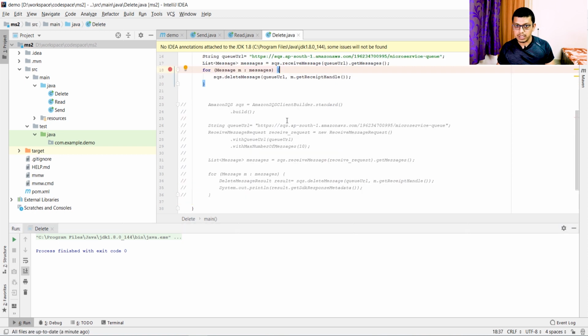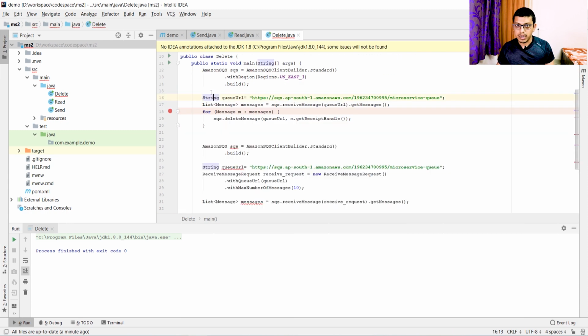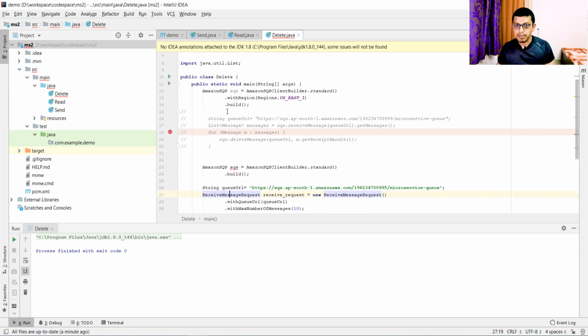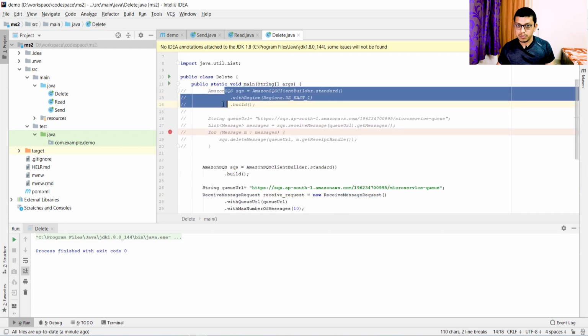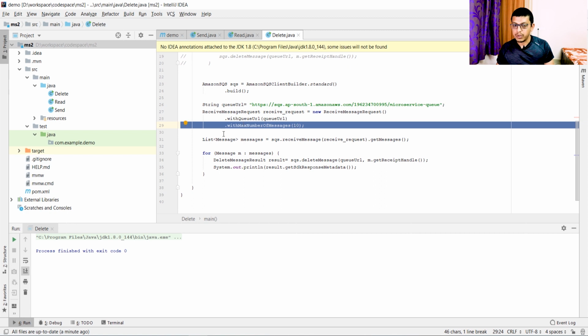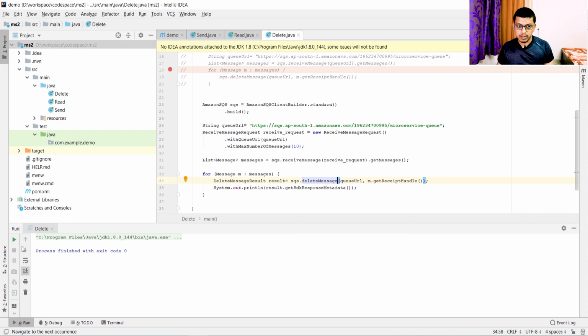So these and these are the same. Just uncomment it and comment this part, and this too. So we had the queue URL and with maximum number of messages 10. Then we are iterating it. So at a time we can read 10 messages, so we can delete 10 messages also. So we need to write a recursive method to fetch 10 messages at a time and delete them once they are read. So if I run this delete operation again,